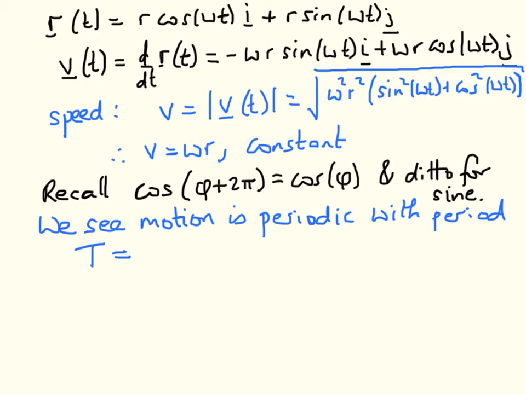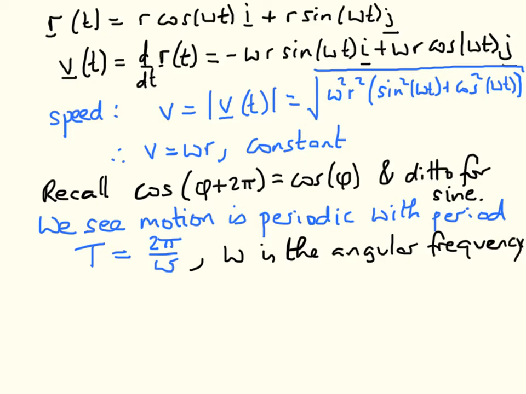So this is going to correspond to the period being 2 pi over omega. So that's the periodicity, and that tells us what omega means, and we call omega the angular frequency